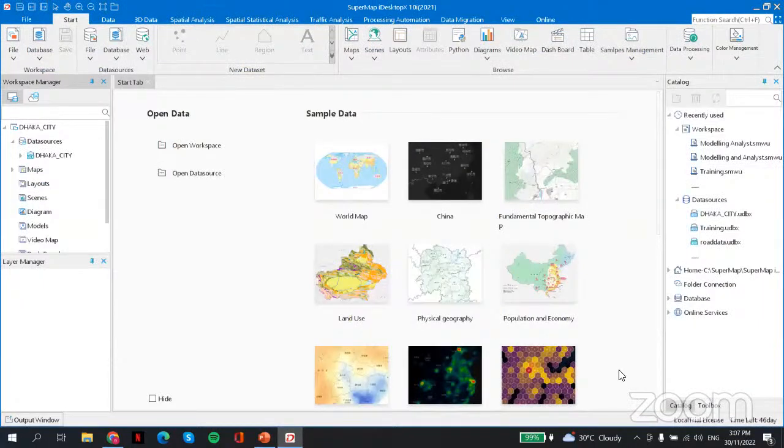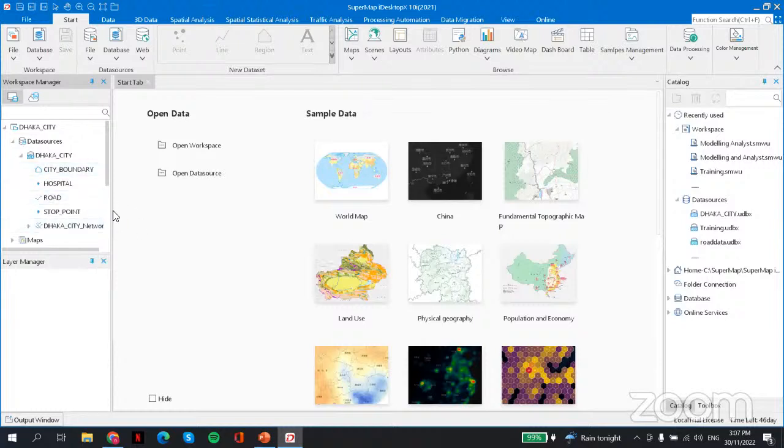Okay, so this is my interface for iDesktop. First, we will import the data source into our iDesktop. And right now, as you can see, I already imported my data source. Under my dataset, I have the city boundary, hospital, road, and stop point as my datasets.